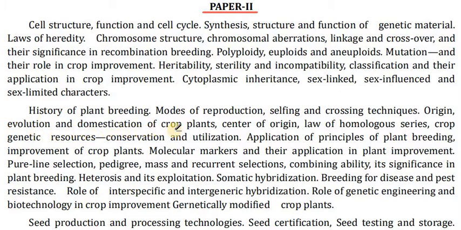origin, evolution and domestication of crop plants, centers of origin, law of homologous series, crops, genetic resources, conservation and utilization, applications of principles of plant breeding, improvement of crop plants, molecular markers and their applications in plant improvement, pure line selection, pedigree, mass and recurrent selections, combining ability, its significance in plant breeding, heterosis and its exploitation, somatic hybridization and breeding for disease and pest resistance, role of interspecific and intergeneric hybridization, role